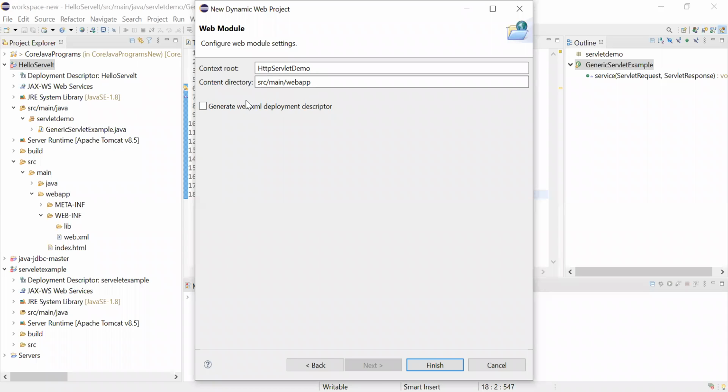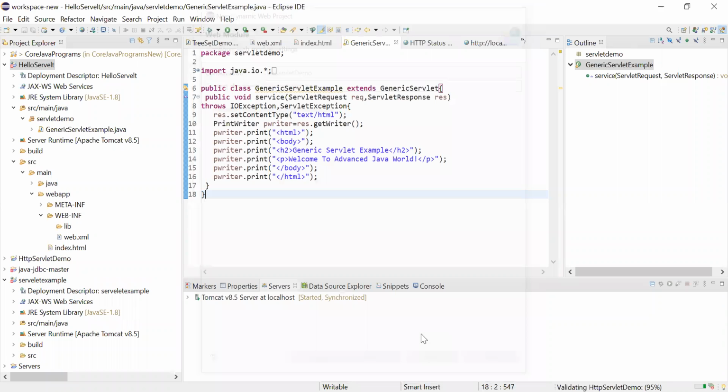Content directory: the content directory is src main webapp. Here you have to place all the web application related stuff under webapp. Finish. This is my HTTP servlet demo.